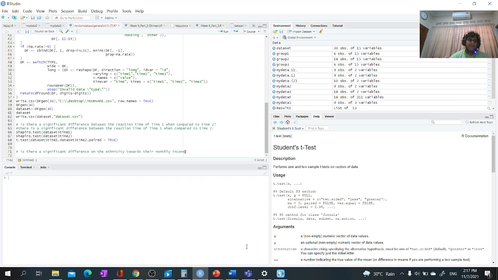So this is an example of a research question on an ANOVA test. Following this, if the variance between the groups is more than the variance within the group, this will then show that there is a significant difference between the groups, because the p-value will be lesser than 0.05, so we will have to reject the null hypothesis, and this therefore shows that there is a significant difference